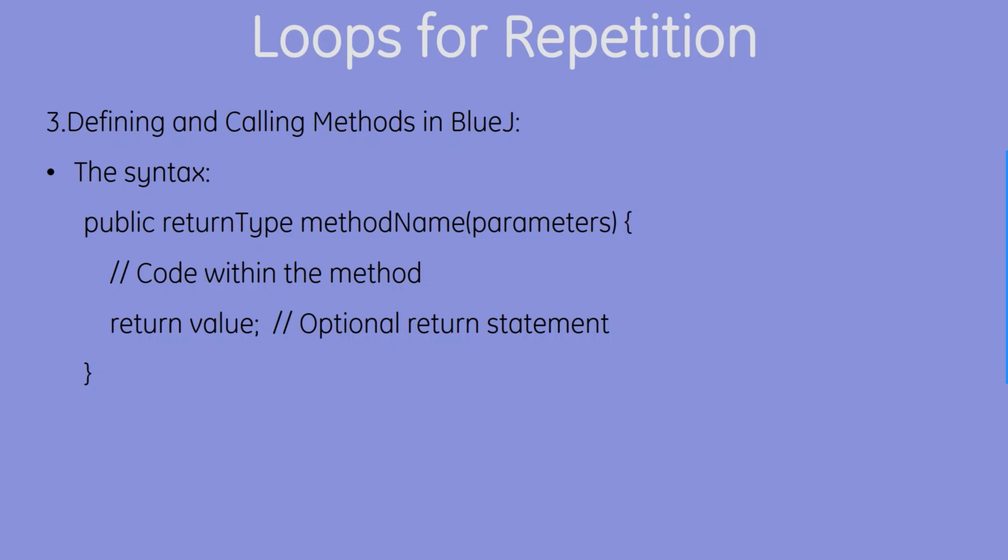And when you're calling the method, we have code within the method. So the entire method has the code and we have a return value. What should be the return value? So how do you call? We enter the public return type, method name, and you pass the parameter. Suppose I have age as my parameter, so I pass my age. What is the age that I want to give? Suppose 15, 16, etc.